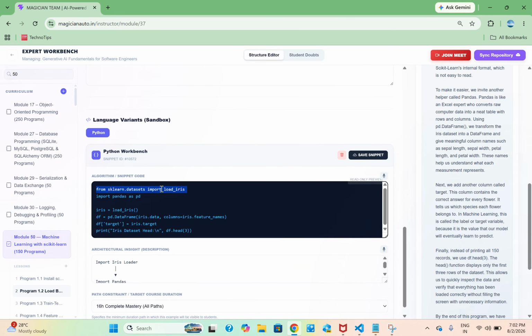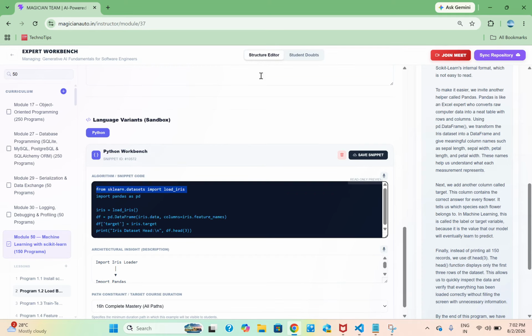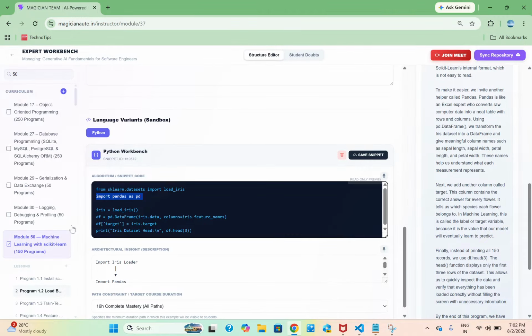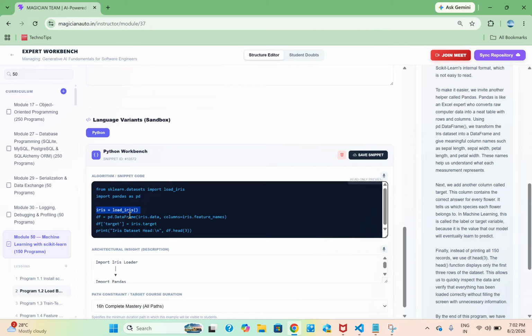So first, as I said, we have to import this iris dataset into our program. Since this data inside scikit-learn is not in human readable format, we have to make it human readable. We are going with another helper called pandas. Once pandas is imported, we are loading the database using the load_iris method into the iris variable.